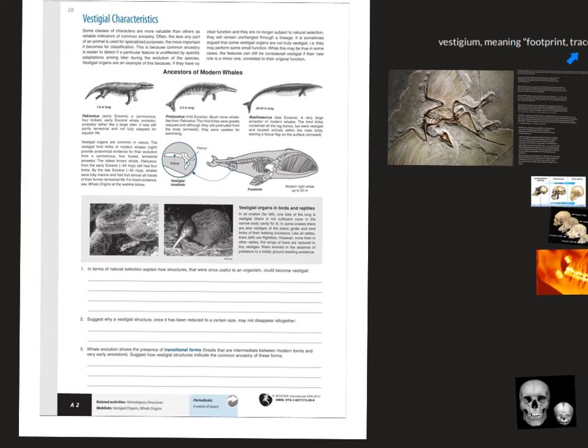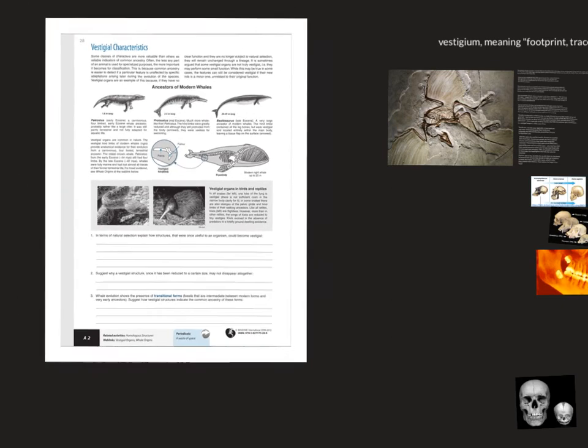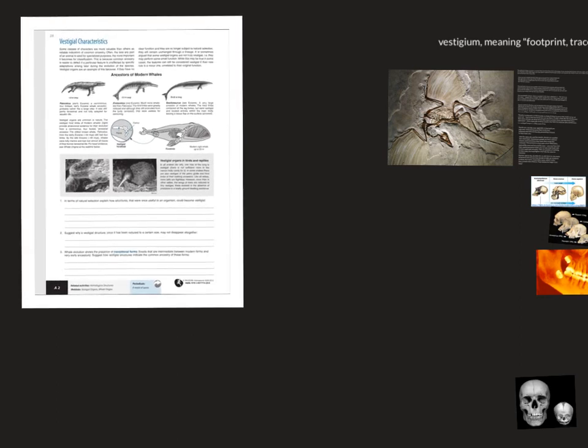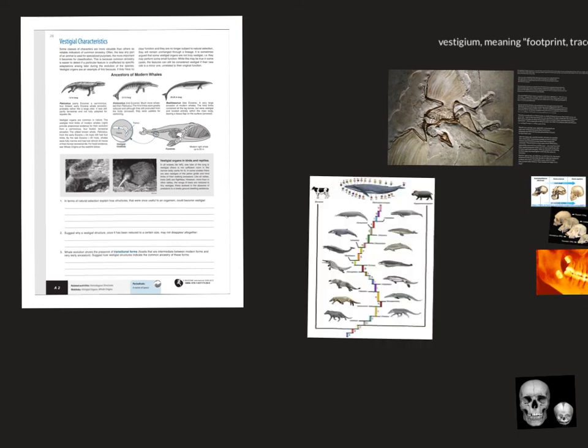So by looking at commonalities and differences between them, and looking at vestigial organs as the footprint or clue that links us to our evolutionary past, we're able to compare species and say, well, a whale is more closely related to a hippopotamus than it is to a horse or a cow. But a whale is related to both hippopotamus and cow. It just depends on how far back you want to go in the evolution, in the phylogenetic tree, in its ancestral tree.